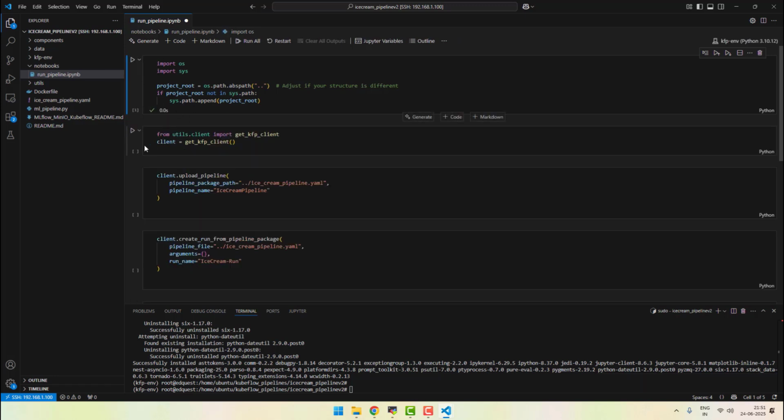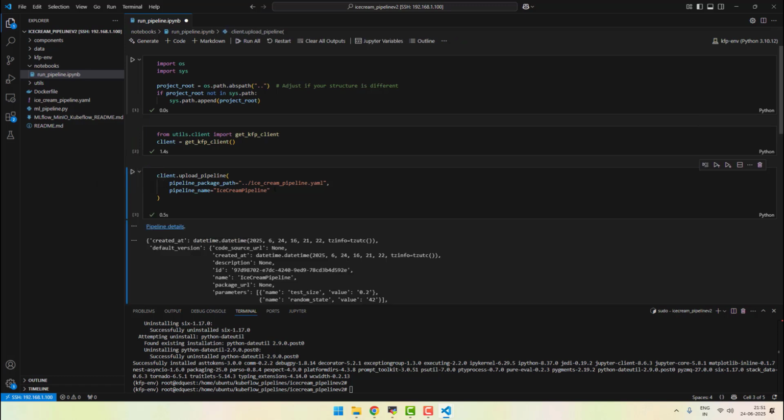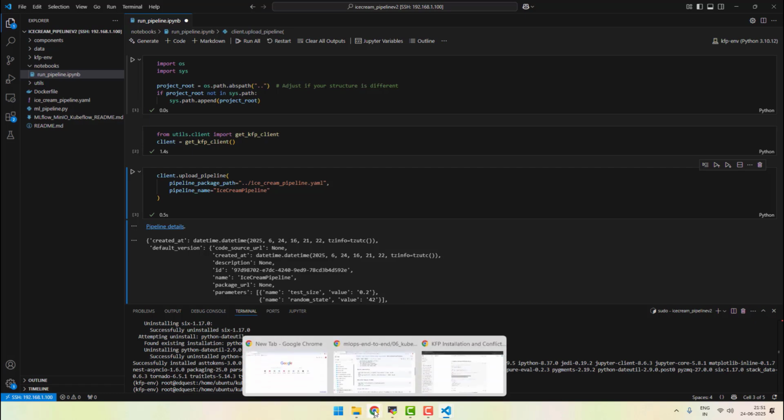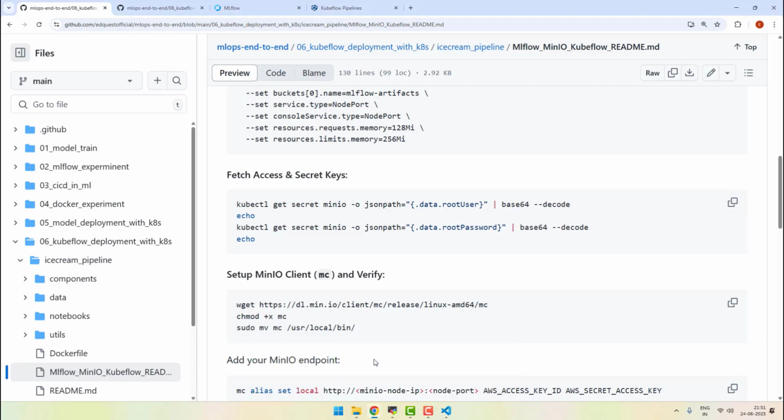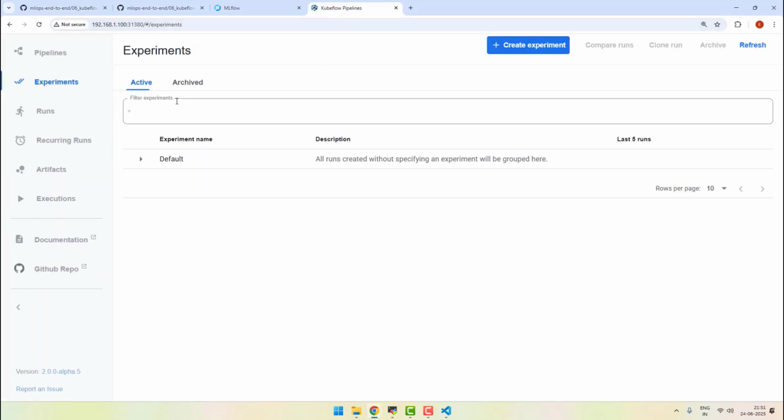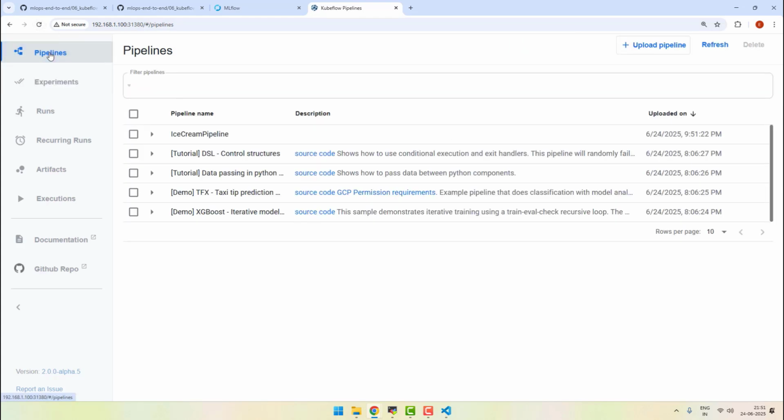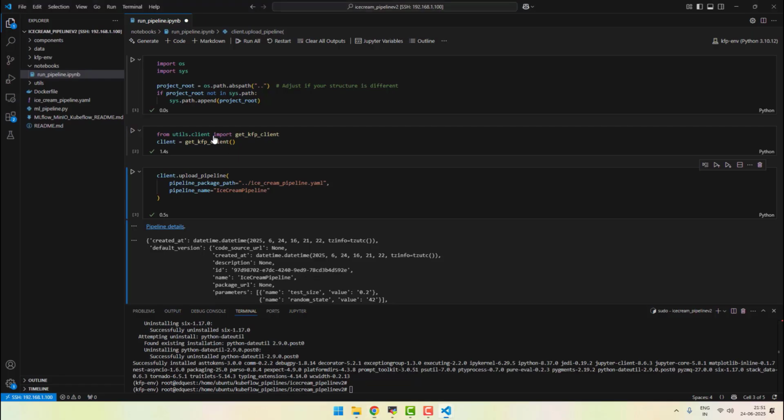So you can clearly see it ran successfully. Now our next cell is this, so we have to run it. Now we have to run the upload pipeline. Once we are uploading this pipeline, we can go to Kubeflow and clearly see the pipeline should be there. I already opened it in my browser, and I just have to refresh the page and go into the pipelines, and you can see the ice cream pipeline is available, and whatever name we provide here, that will